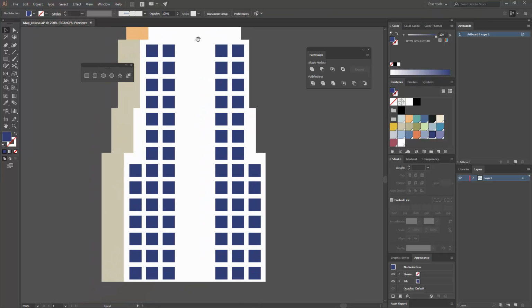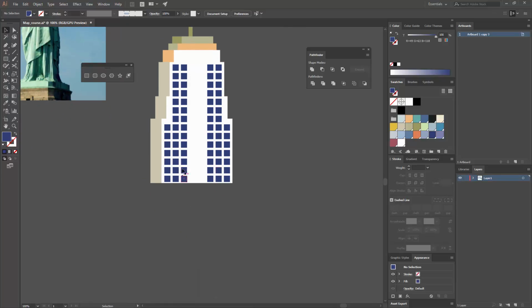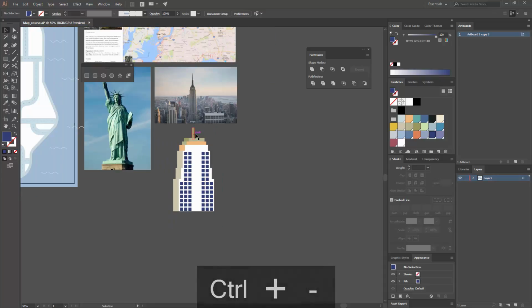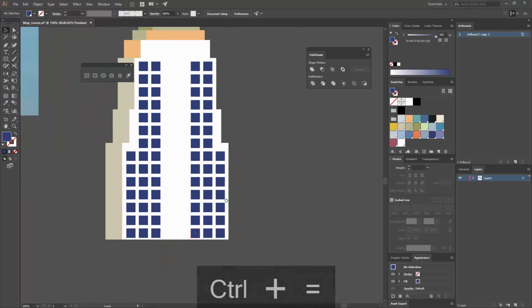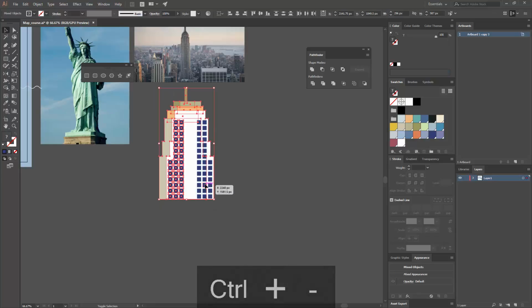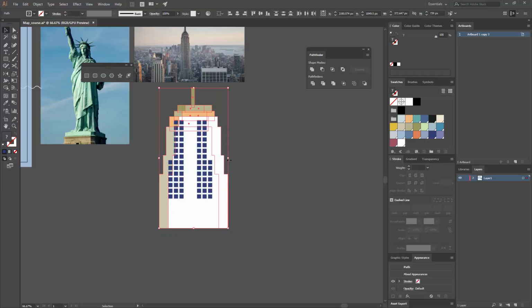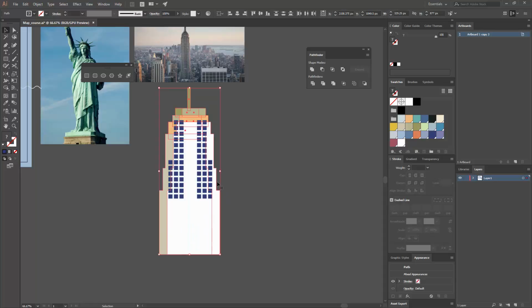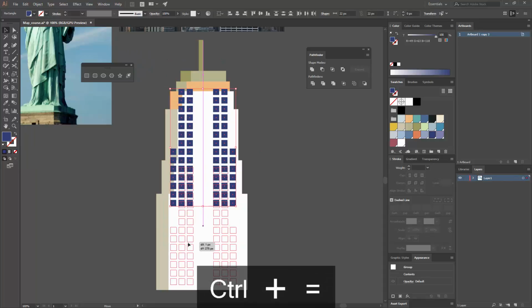And finally I want to create some other windows here on the middle. So, I actually think that this is not as tall in proportion with the one that I have here. It's not as tall and probably not as wide, so I'm going to fix that by selecting everything except the windows and scaling them a little bit, probably like that. Maybe not make it that wide. Make sure that you are making it a little bit taller, and then let's select the windows and move them